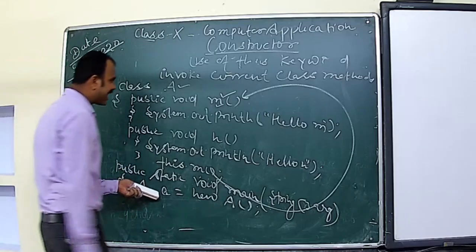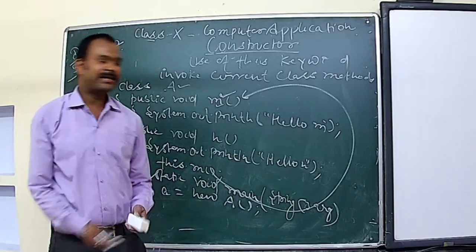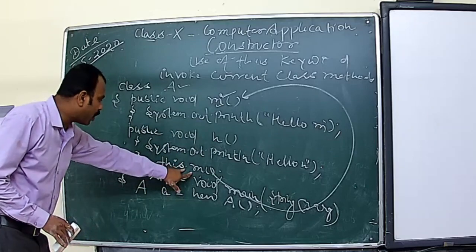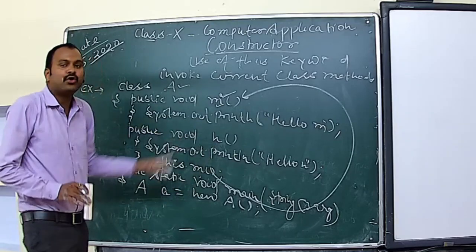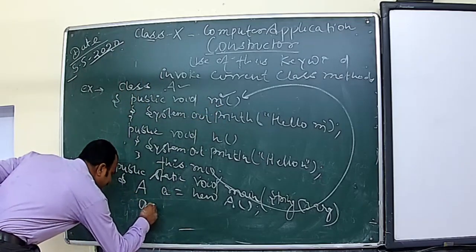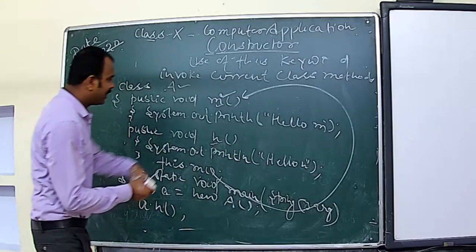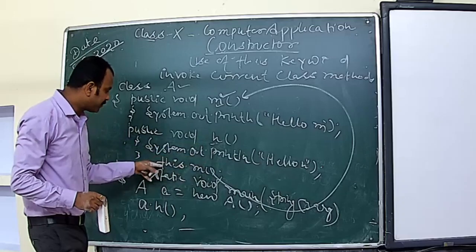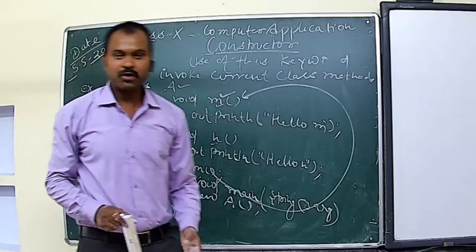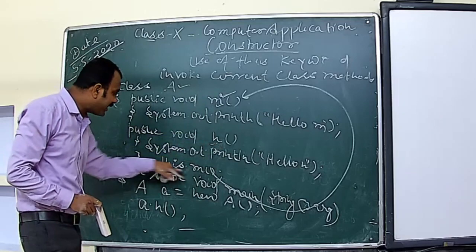And using this object I will call this function. Do I need to call this function? Since this function is already called in N. Can you see here? this.M was already called in N. So I don't need to call the M function in my program. If I call A.N, since the N function also calls this.M, we don't need to call both of them separately. Got it? We don't need to call M and N separately because N already contains M inside.